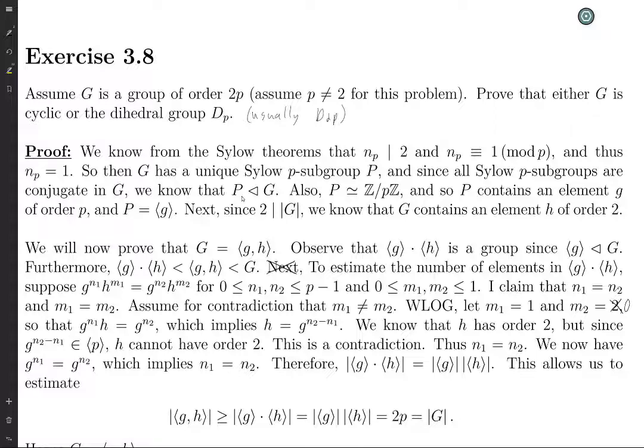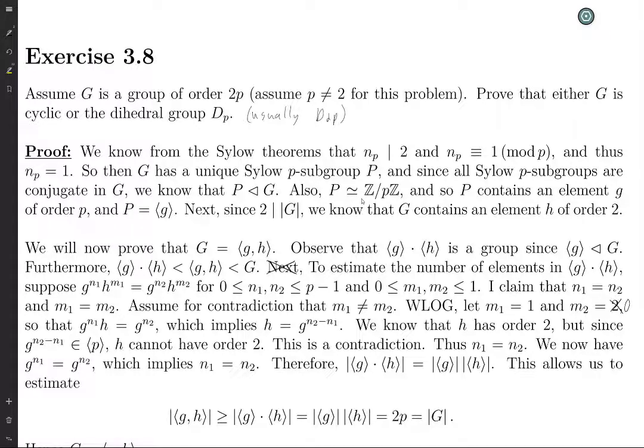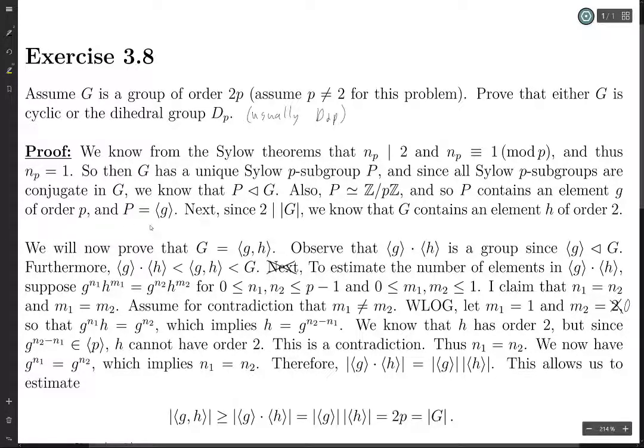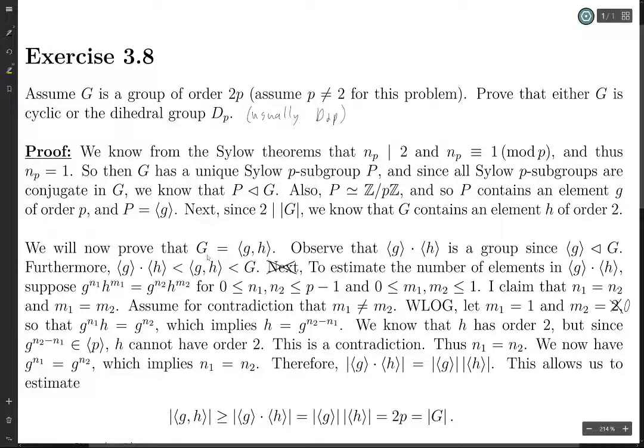Since this is a Sylow p subgroup, if the group has order 2p, then it must have order p, and the only group of order p, since p is prime, is Z mod pZ. And so P is isomorphic to Z mod pZ, and so P must contain some element g which has order p and which generates P. So P is generated by this element g which has order p. Okay, and then we know that 2 also divides the order of G, and so G must contain an element of order 2. So we have an element of order 2 and an element of order p, and we're going to prove that G is